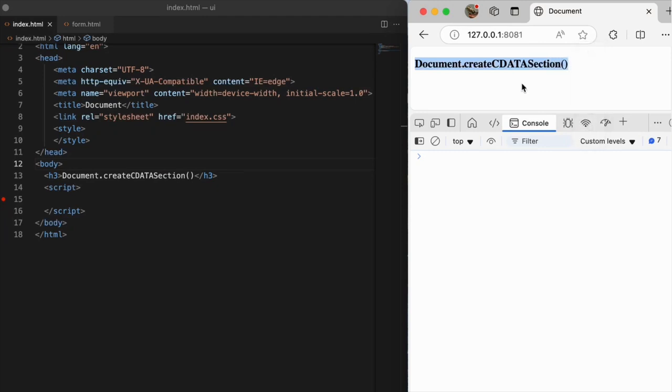Document.createCDATASection. It creates a CDATASection node and returns it. It accepts one argument, a string containing the data to be added to the CDATASection. It is used with XML documents and it does not work with HTML documents as they do not support the CDATASection. It throws an NS_ERROR_DOM_INVALID_CHARACTER_ERR if we try to pass the closing sequence as a part of the